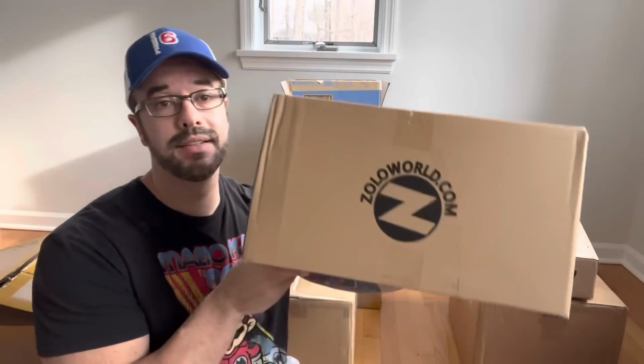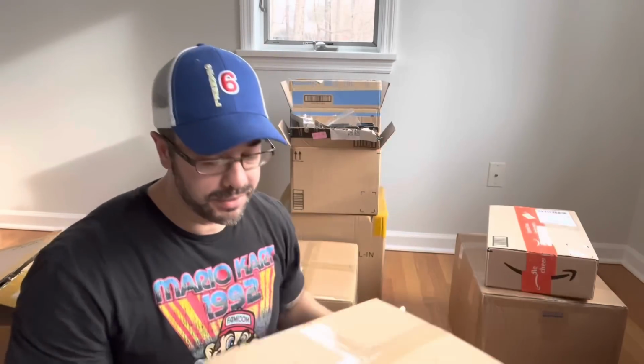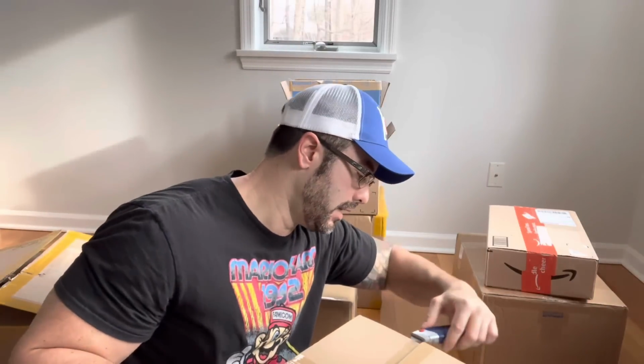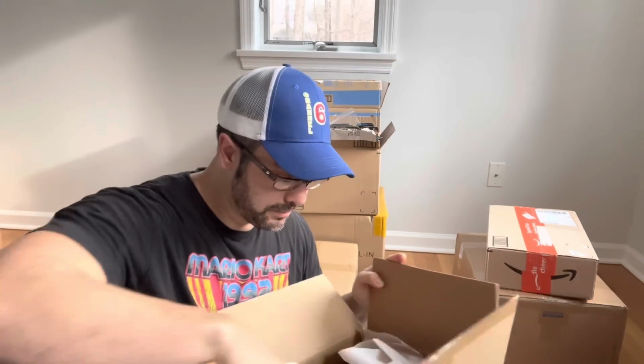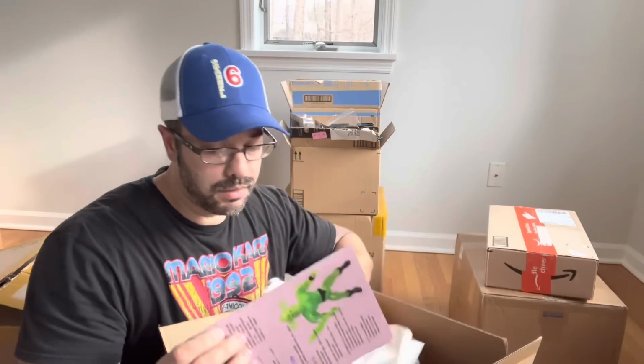All right, and moving on, we've got Michael Zolotoro, Zolo World Box 1. We've got two. I love the Zolo World branding on these boxes. Anytime I see that show up on my doorstep, I get super excited. Between this, Mythic Legions and Motu Origins, that's my modern focus. Got the invoice here, bill, or packing slip, whatever. Oh, look at this. Show information